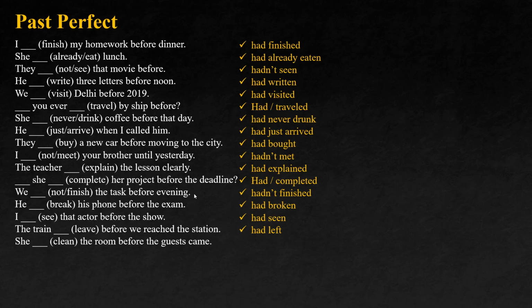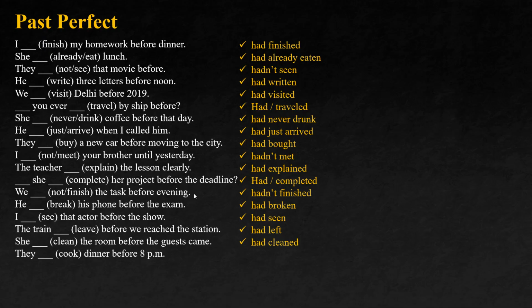Pratham. She had cleaned the room before.